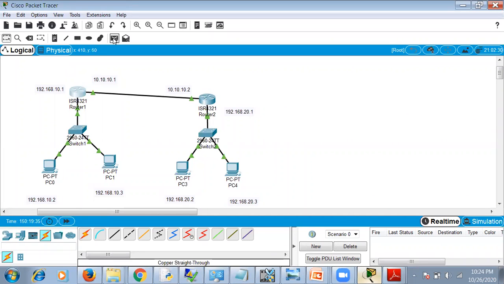Initially it will fail, but again if you try it after two or three trials, it's going to work. So you can see it is successful. So we'll try for another PC. Okay, so it is successful. So this is a simple example for static routing. So we'll see another example of how redundant routes will be placed, in case a channel is broken, then it has to take a different route.